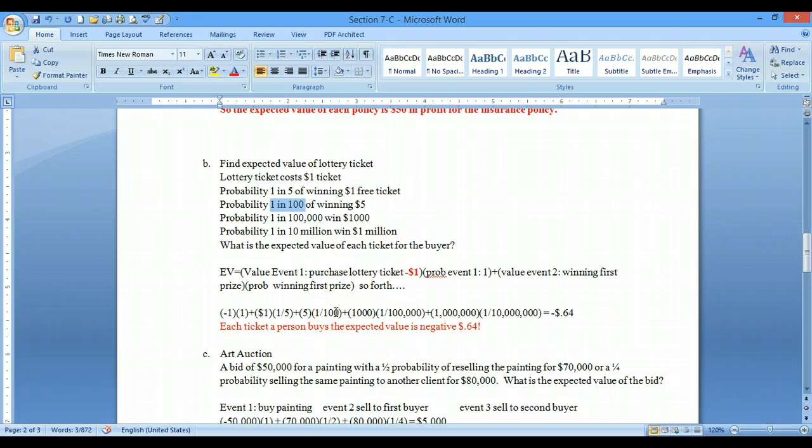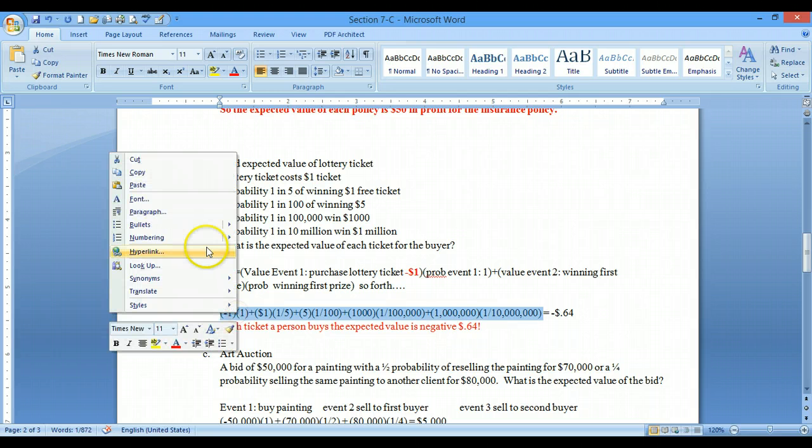The next event is winning $1,000, and the probability of that occurring is 1 in 100,000. The next one is winning $1 million, the jackpot, and the probability of it happening is 1 over 10 million. Plugging that into your calculator, or once you have it typed out, you can just copy and paste that into